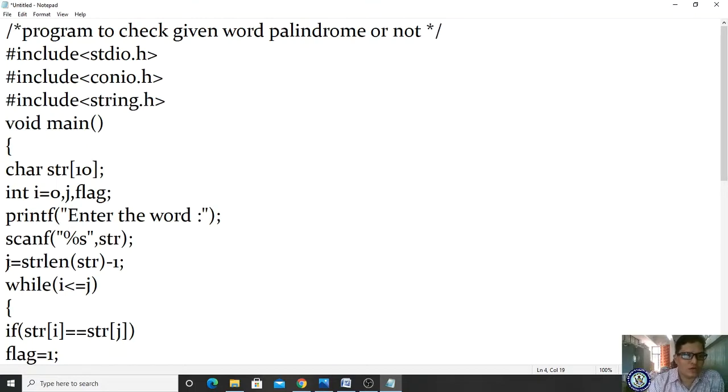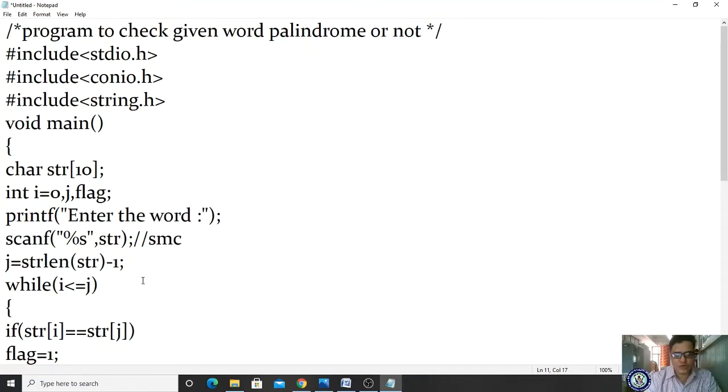Now please observe this line here, j is equal to strlen of str minus 1, whatever the variable you have entered. For example, if I enter smc, what is the string length of str? 3 characters. 3 minus 1, it is 2, right? Because the array starts at 0 and ends at n minus 1, hence it is string length minus 1. The total characters present in smc is 3, minus 1 is 2. That will be stored in your j variable, right? So that is the purpose of the strlen function.